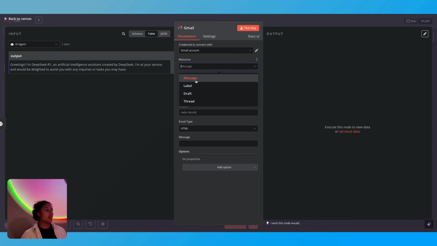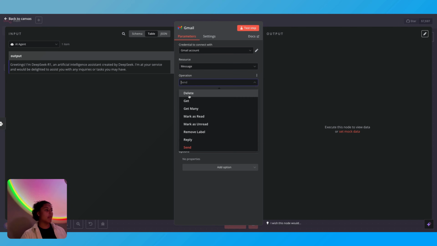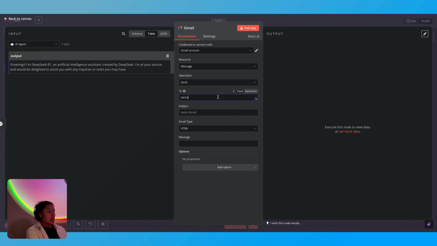So now the resource is going to be a message. The operation is going to be send, and I am going to send it to my email, Sierra@Botterra AI, and the subject is going to be "DeepSeek sent you a new message," and the email type is going to be in text format for now, and we're going to go ahead and let the message be this